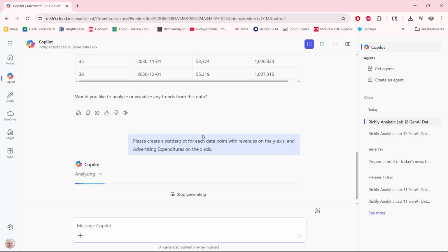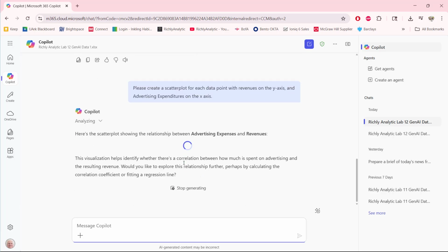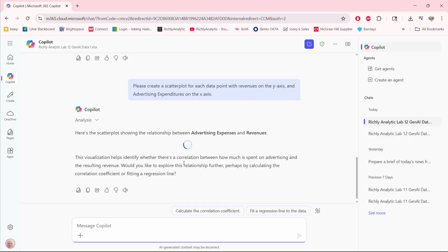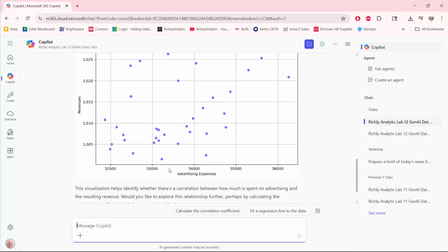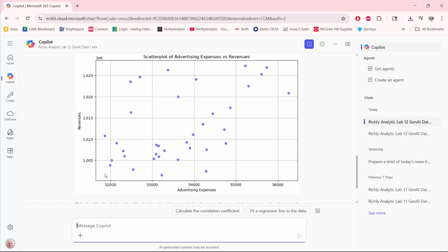We're asking it to do this relationship, and that'll help us set up later for what we want to see. This is going to show us a relationship. It's kind of hard to see here. We may want to ask it to go to zeros, but that's not necessarily the nature of this lab. If I had revenue starting at 0 and advertising starting at 0, I might better be able to see the relationship. But at least for now, I'm going to ask it to insert a trend line.